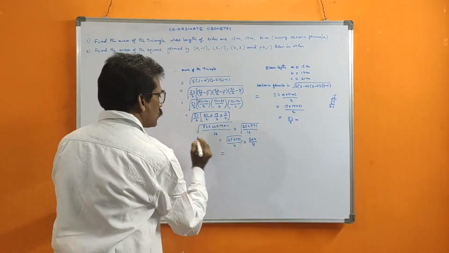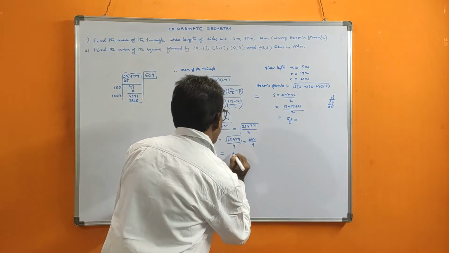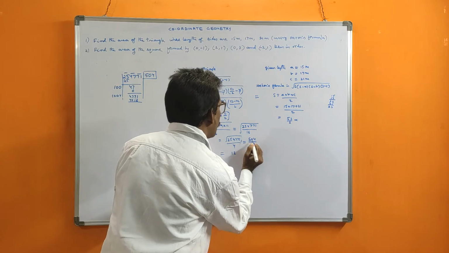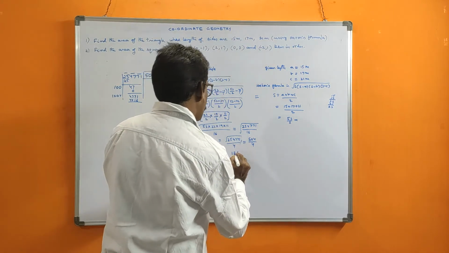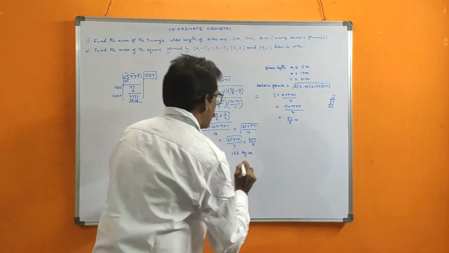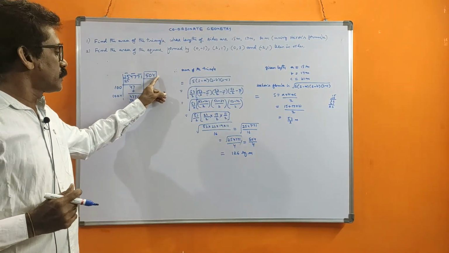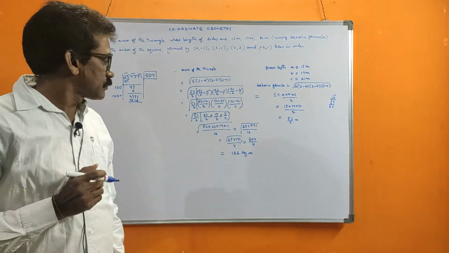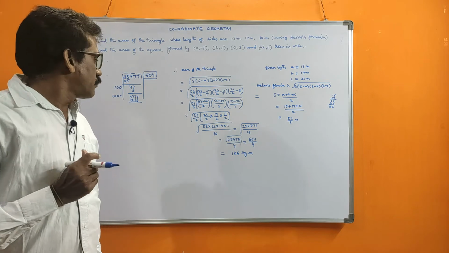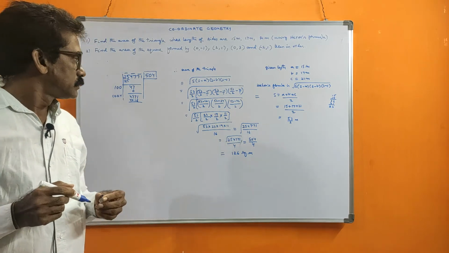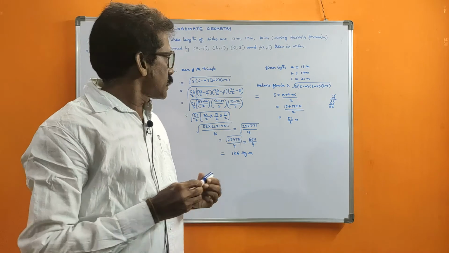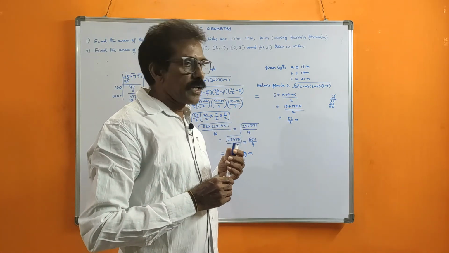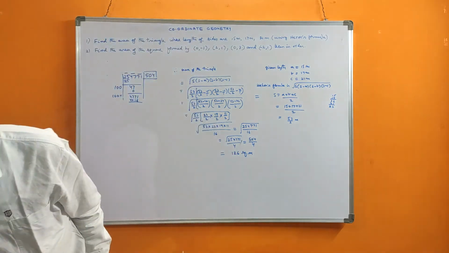Now this you divide by 4. 4 1s are 4, 4 2s are 8, 4 6s are 24 square meters. So if you want points you can do that, that is the answer. I am not doing the points, exact values only I am doing. 126 square meters. Okay, just remember the direct formula: s into s minus a into s minus b into s minus c, where s is equal to a plus b plus c by 2.